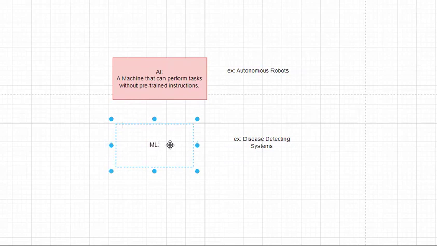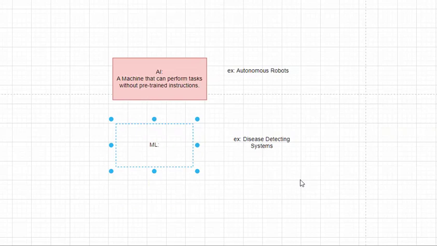So what is this ML, sir? In order to understand this ML, I'll tell you one more example. That is a disease detection system. Let's say there is a system. Now I trained that system with already existing disease-related data. Let's say I trained that machine with some images. Let's say I provided 10,000 to 1 lakh images for that system, where all those images are related to one disease detection.